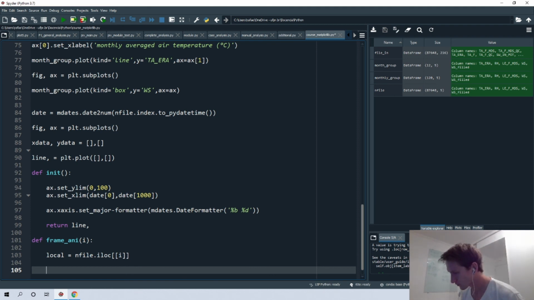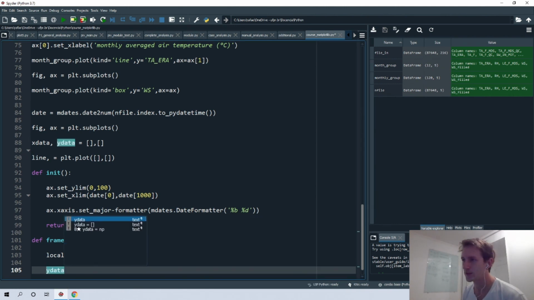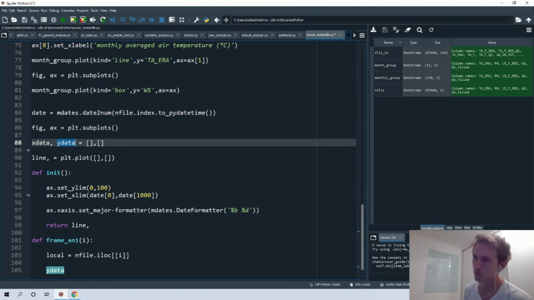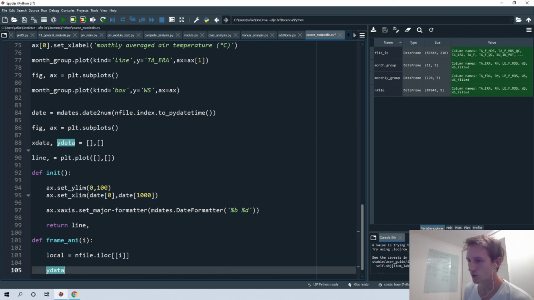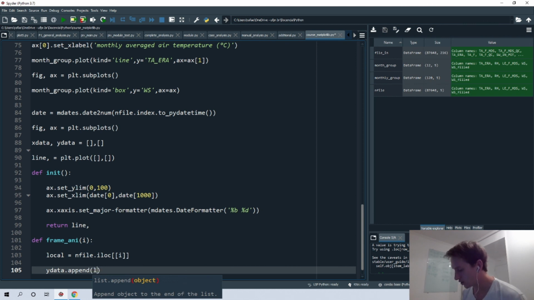So y data, remember we defined this list here. So y data dot append, and then local.